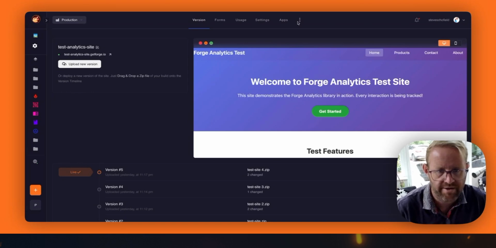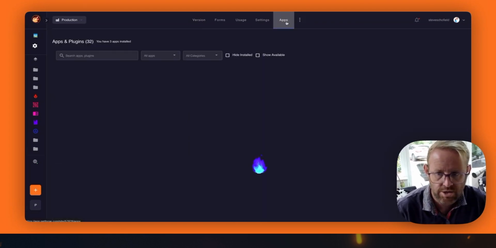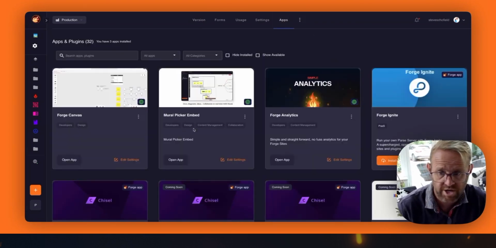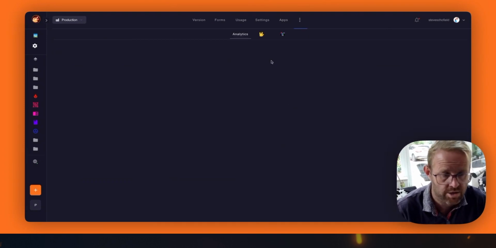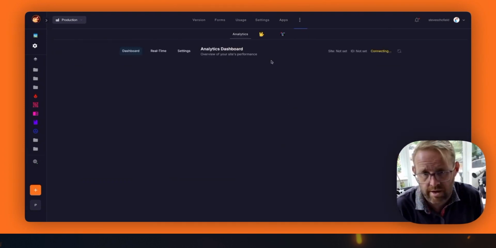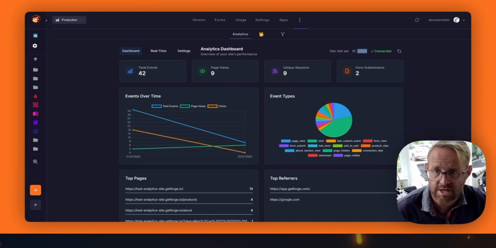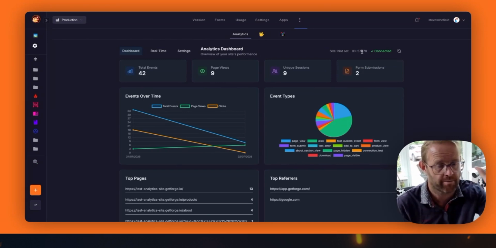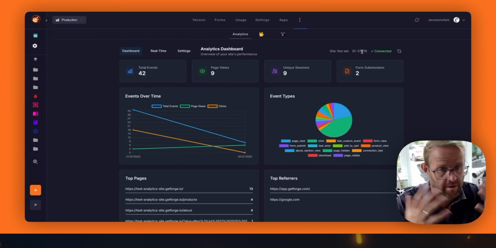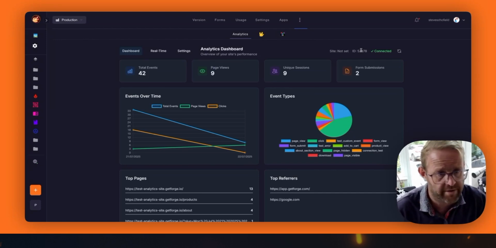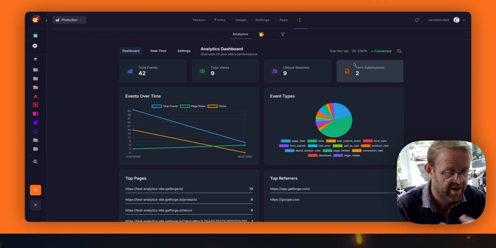So we have this, and what I've done is I've installed via Forge Apps the Simple Analytics plugin. Let's open this up, and we'll take a look. So as you can see, it's connected to my particular site. This is the first point of integration. My plugin knows from where it's being loaded inside of Forge what site it's referring to, and as a result, it's going to fetch and load the data relevant to that site and all of its events and things